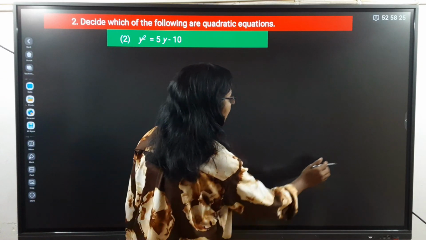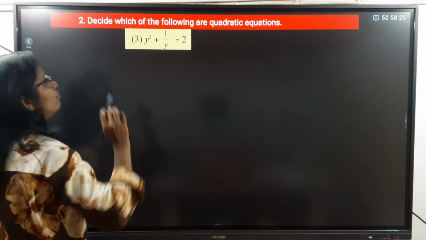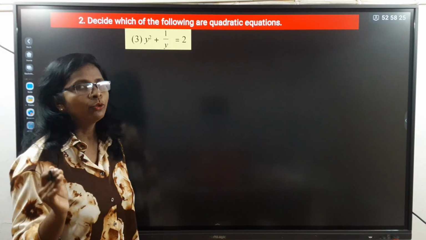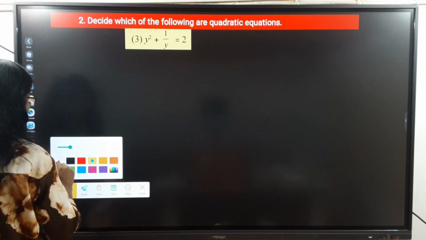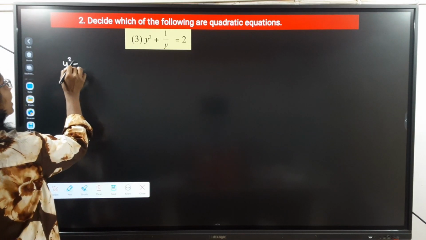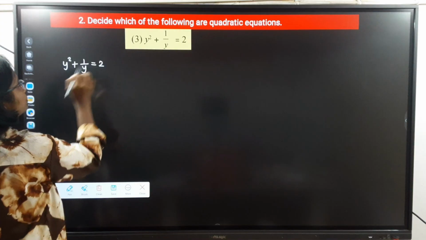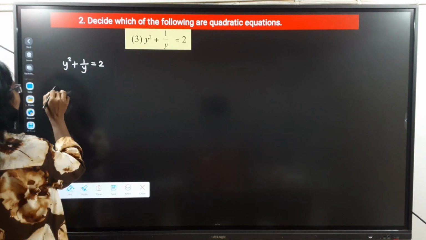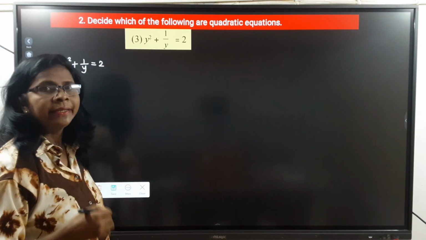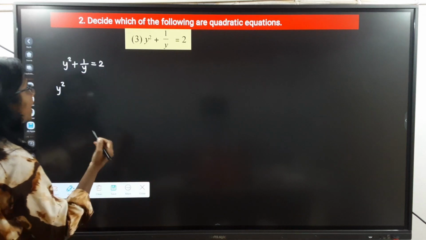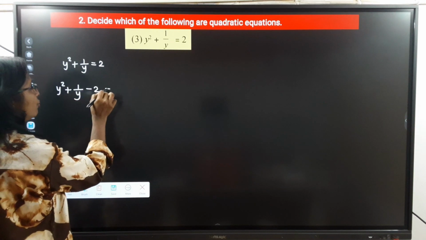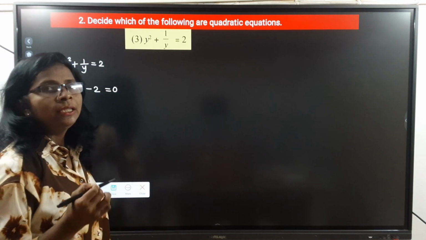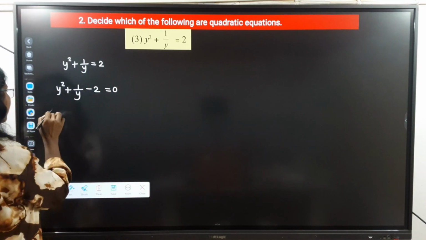The next one, students, third one, y square plus 1 upon y is equal to 2. First we write down the equation as it is. Then here I try to convert it into the standard form of the quadratic equation. So y square plus 1 upon y minus 2 is equal to 0. Now here there is a denominator y, so multiplying